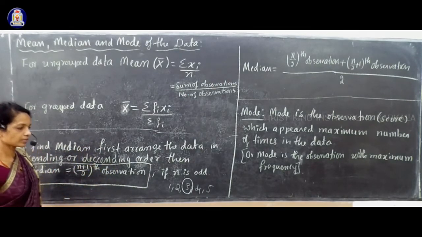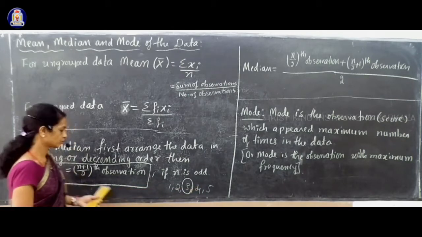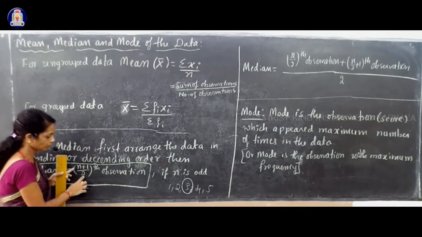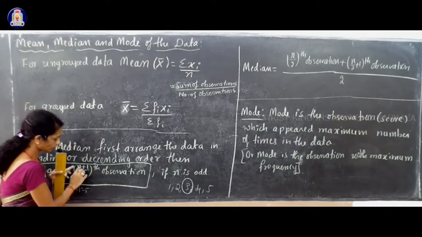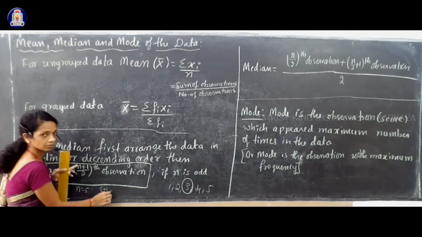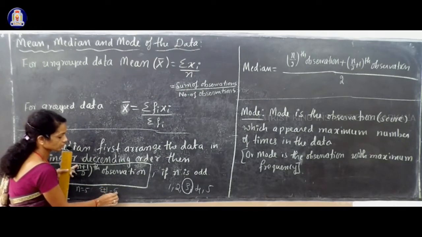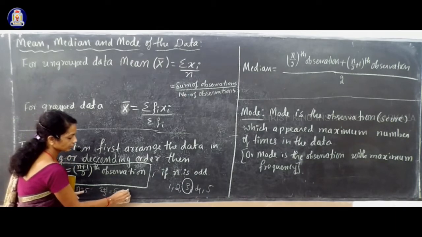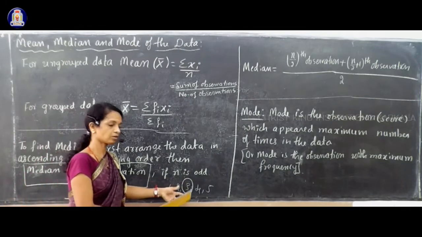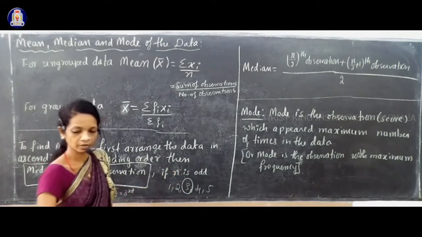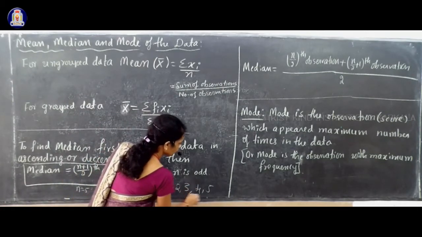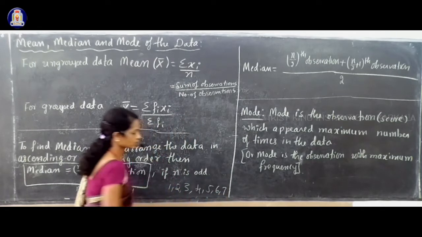For example, here you have 5 data. So n is equal to what? N is 5 now. So what will be the middlemost score? In place of n you take 5 plus 1 divided by 2, that gives 6 divided by 2, that is 3. It means the third observation will be the middlemost, and we already marked the third observation. Suppose you are given 7 observations like this, 1 2 3 4 5 6 7, then which is the middlemost?